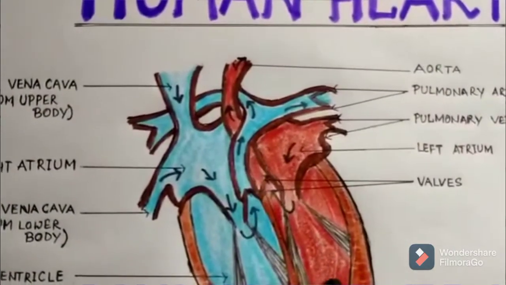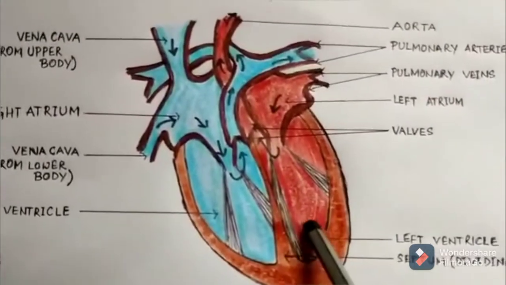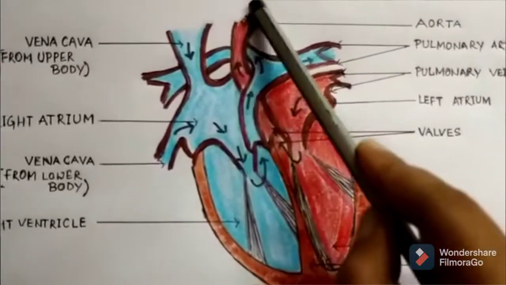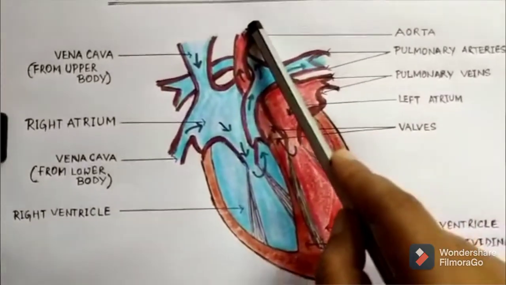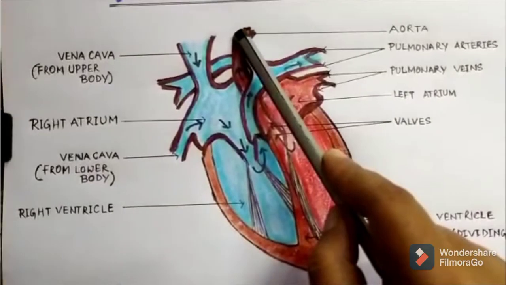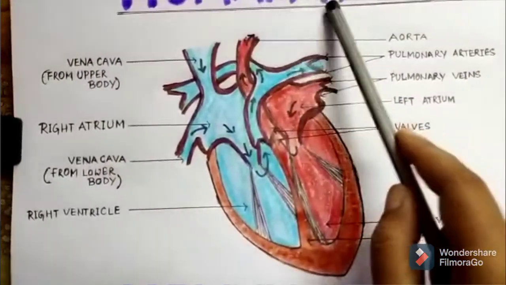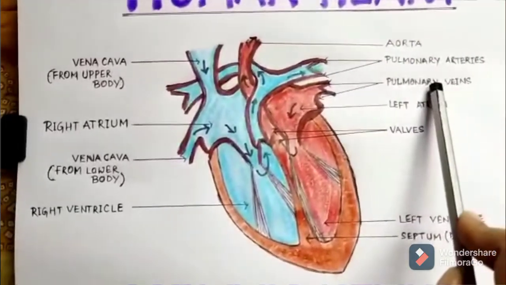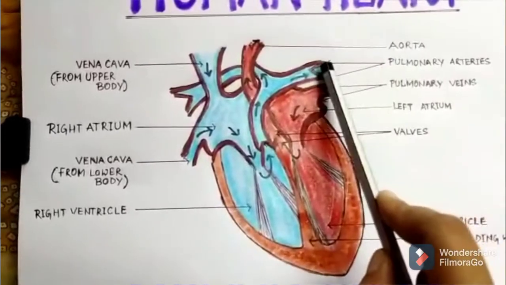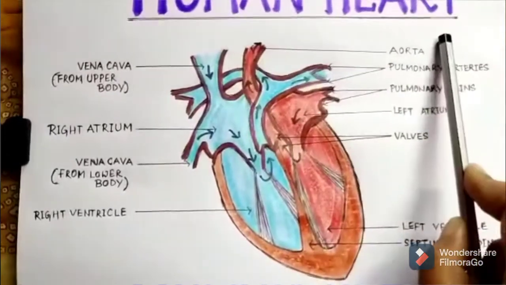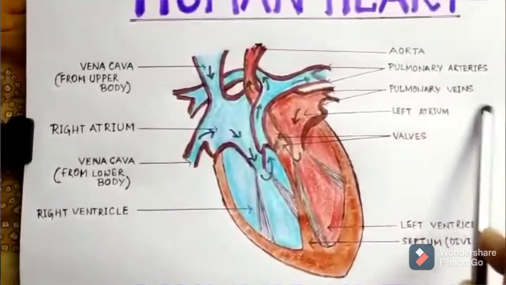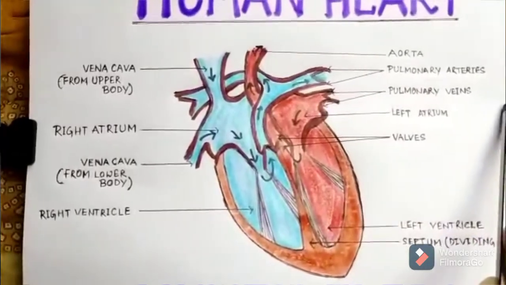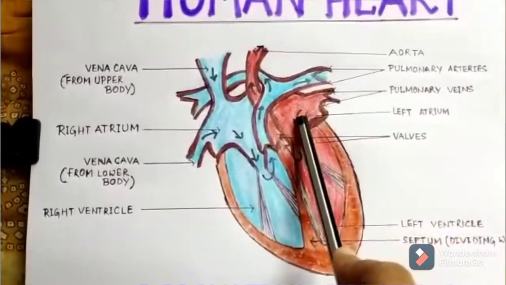This is the aorta. It pumps the oxygenated blood. Who? The left ventricle pumps the oxygenated blood through this valve of the aorta, and aorta here you can see is a very large shaped artery which will pump this oxygenated blood to different parts of the body. Could you follow? So remember, pulmonary artery and pulmonary vein are the exception. Pulmonary artery carries the deoxygenated blood to the lungs. Pulmonary vein brings the oxygenated blood from the lungs. Again I am repeating, pulmonary vein carries the oxygenated blood from the lungs, pumped to the left atrium.